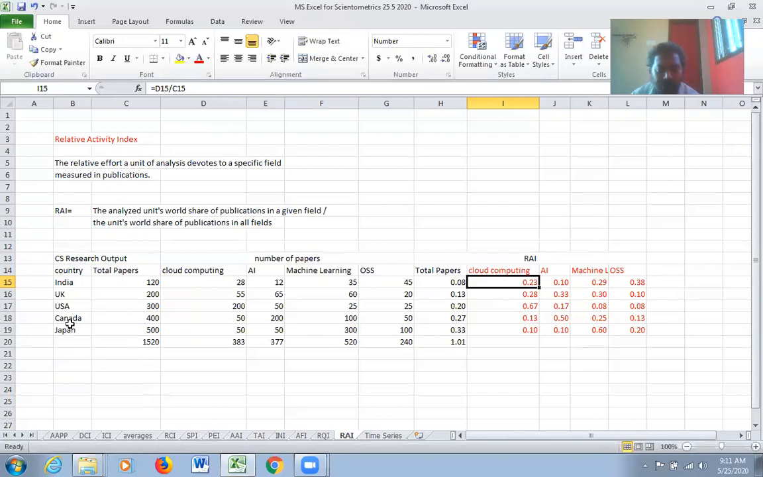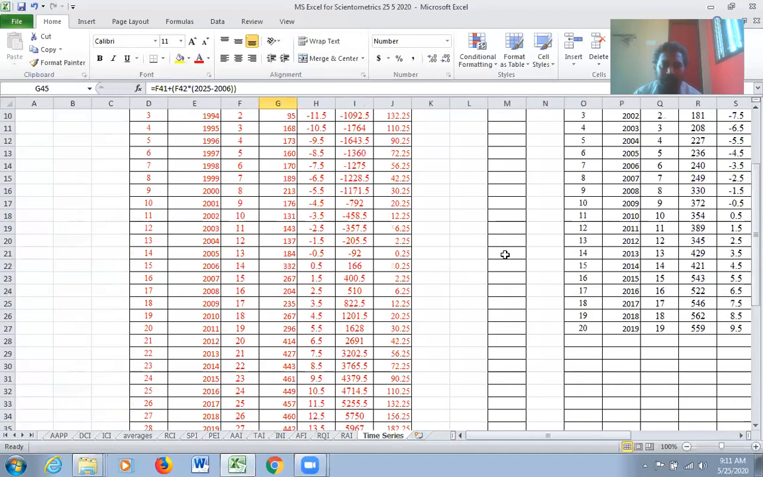And if you take UK or USA, their relative index is strong in cloud computing. They're very strong in cloud computing. So this way you can find out the subdomains of a particular research area where a particular country is more dominant. Either you can do it for a country, for an institution, or for an individual. You can calculate the relative activity index. Fine. Let us move on to the last scientometric indicator called